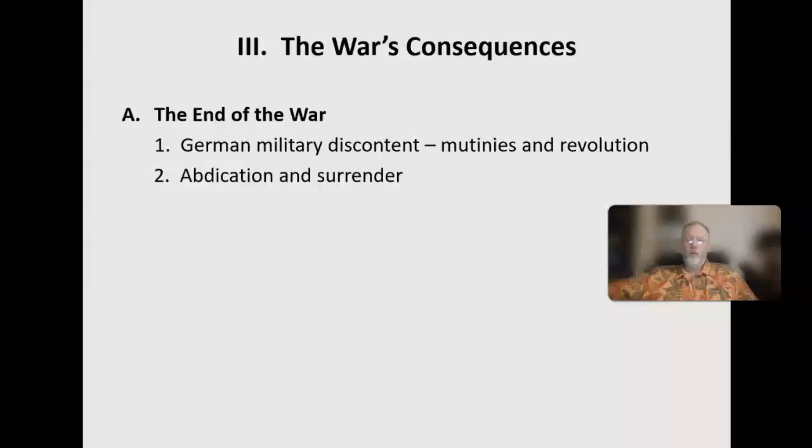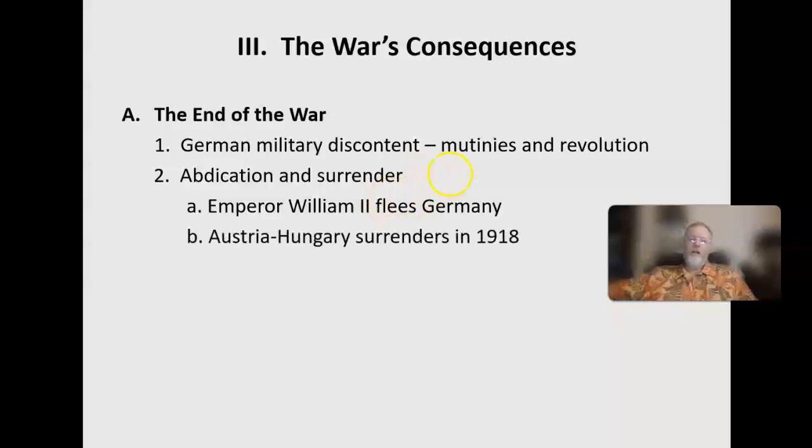After several years of war, many people were simply tired of fighting, and they didn't know what they were fighting for. Some of these German and French lines hadn't moved. Really, they'd been stuck in the same trenches for a year, 2 years. And so we see this. Army discipline collapses. The emperor of Germany abdicates, which means he steps down from the throne, and he flees. He actually runs. He flees to Holland. Austria-Hungary surrenders in the middle of the year, and the war basically comes to a close